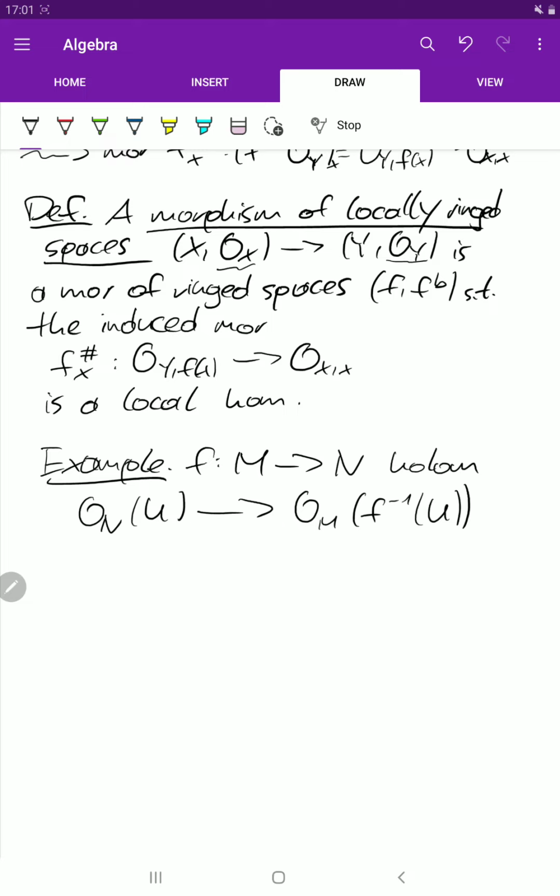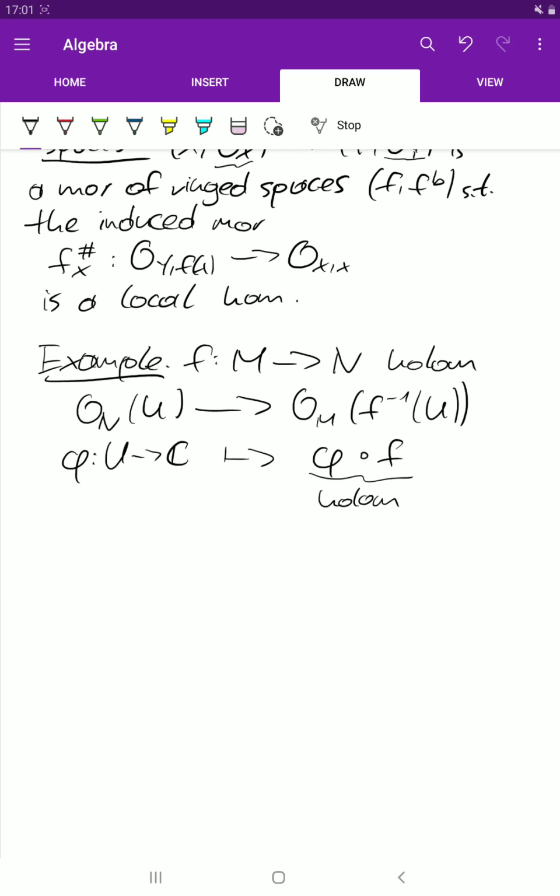Okay. And so here we have a map phi from U to C. And well, what do we get here? Well, we compose with f, and then by checking on charts you could check that this is holomorphic, but that's not that hard to check, which we also don't check here.